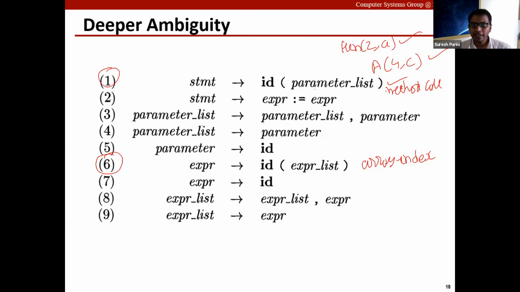Okay, so there is one way of handling this ambiguity. If you know the type of the identifier before, like whether it is a function or the name of an array, then we can possibly take care of this ambiguity. For example, we can rewrite the substitution rule 1 by making it into function ID, and then here we can say ARR ID. So when the scanner encounters an identifier in the token stream,